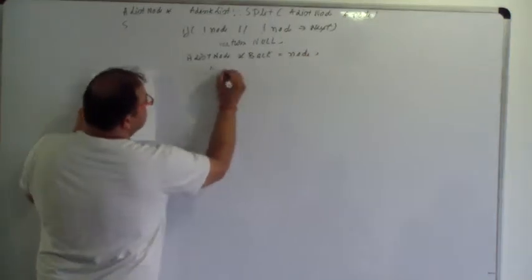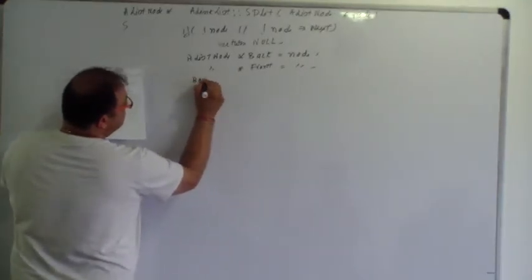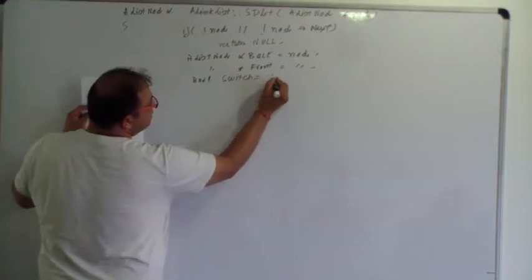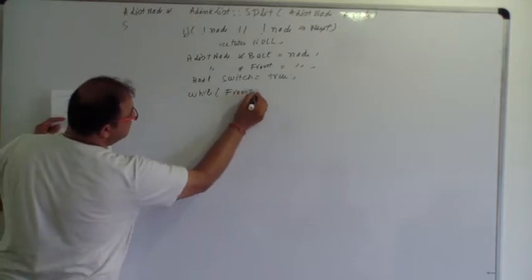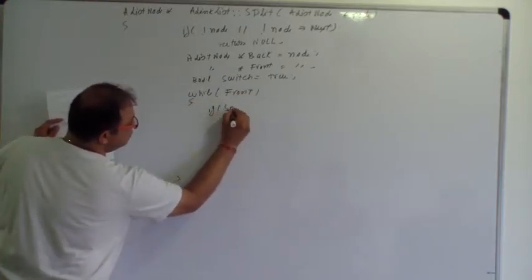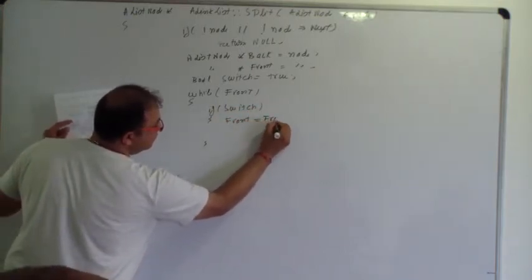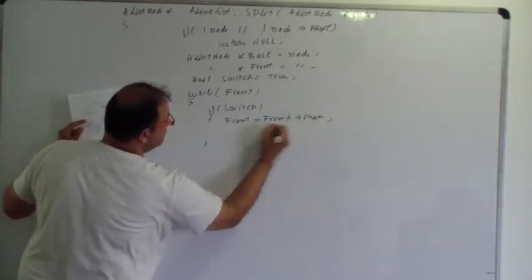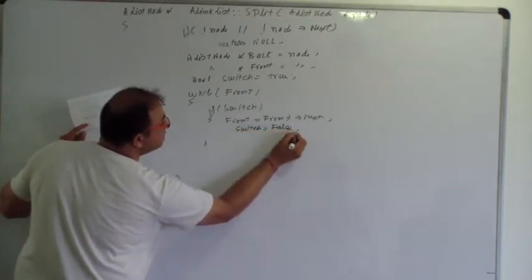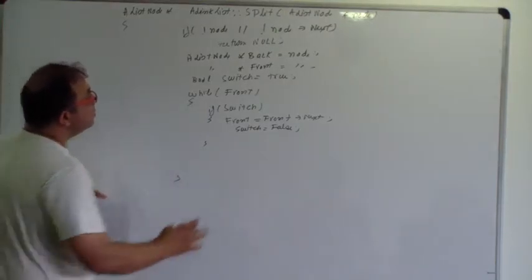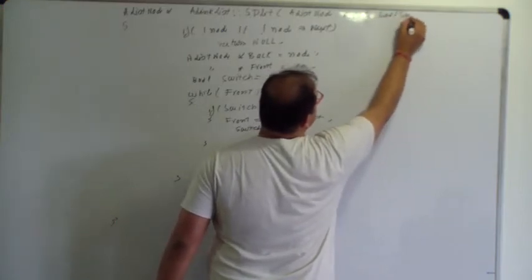Okay. Then we'll take the simple thing that we did yesterday, a ListNode star back is equal to node, star front is equal to node, and boolean switch is equal to true, while front exists, if switch, front is equal to front arrow next, and switch is equal to false,